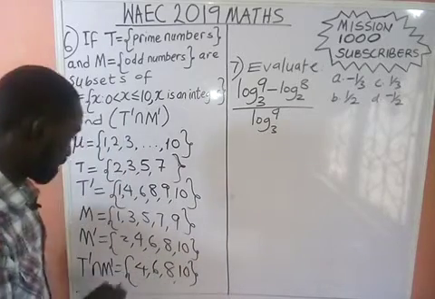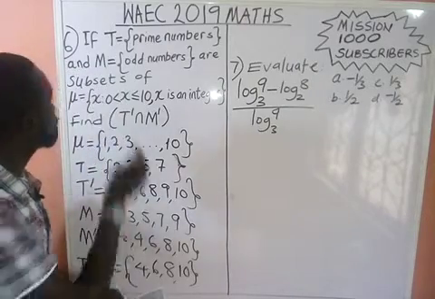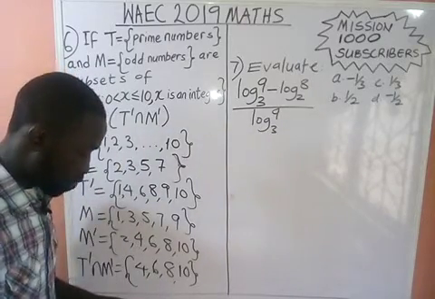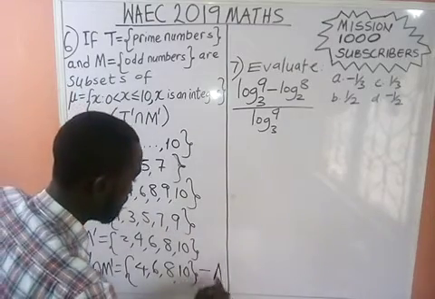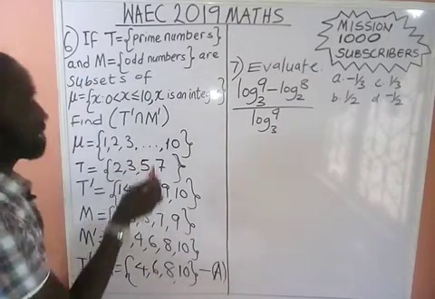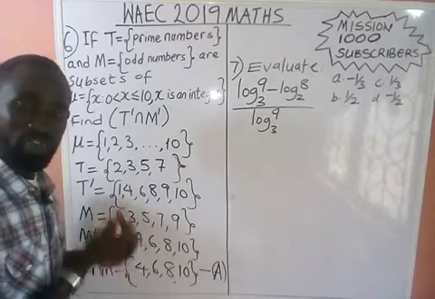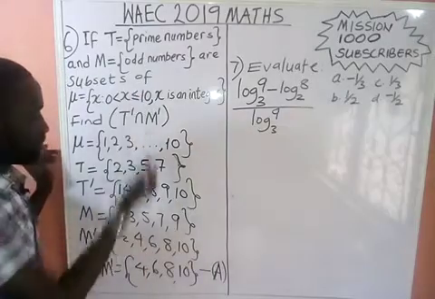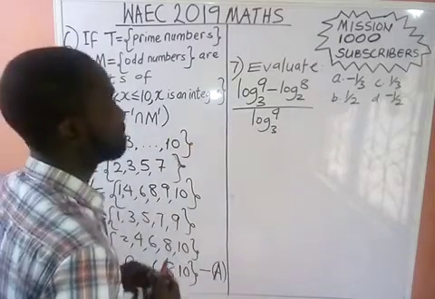So this is the answer to the question. And the correct option to that question, which is question number 6, will be option A. Option A is the correct answer to this question, okay? Guys, do you understand what I've explained here? So just follow the pattern. Follow the pattern and my explanation.